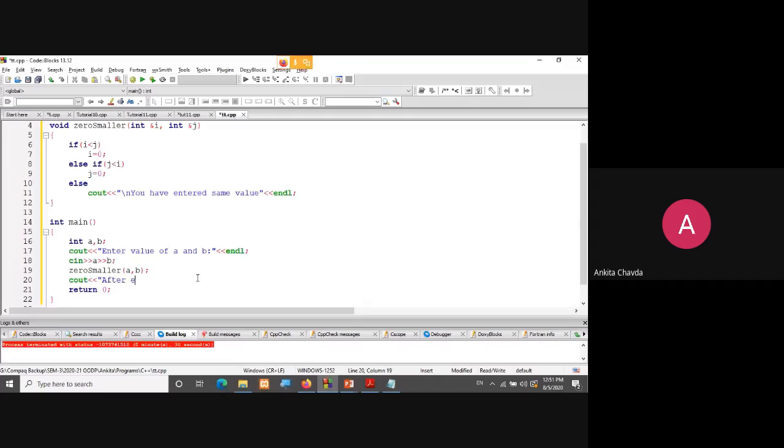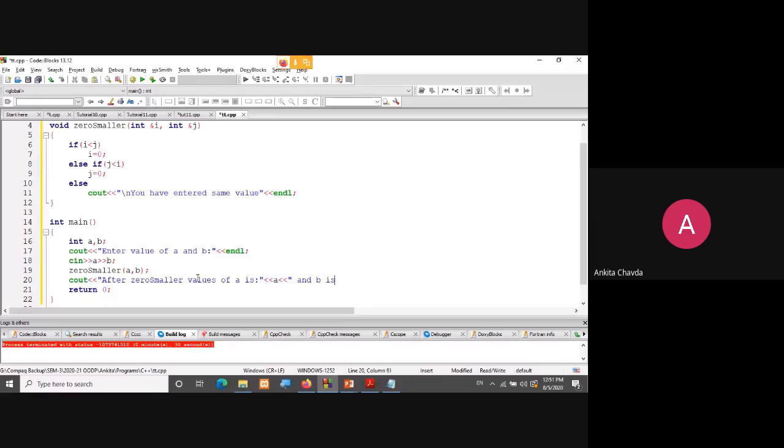After execution of the function, or you can say after zero smaller, values of a and b: a is, here I'll put a, right, and b is, fine. Here I've just printed that.